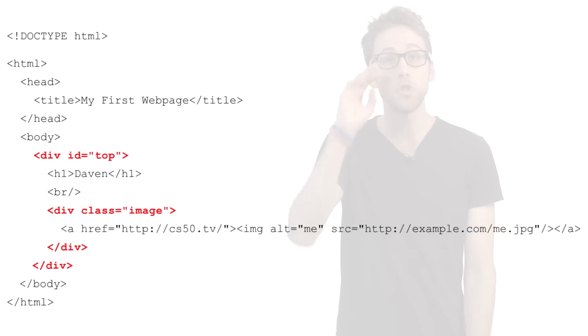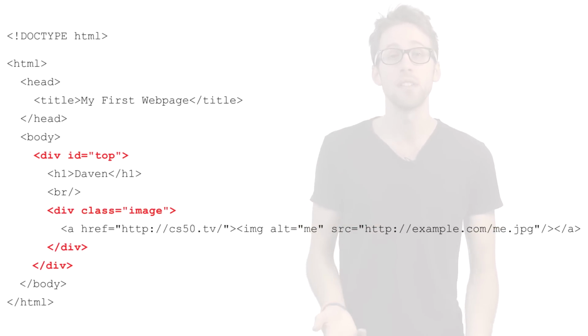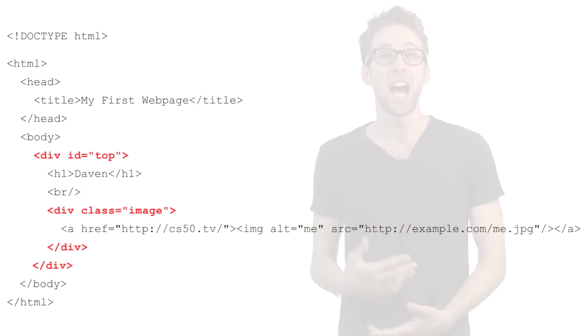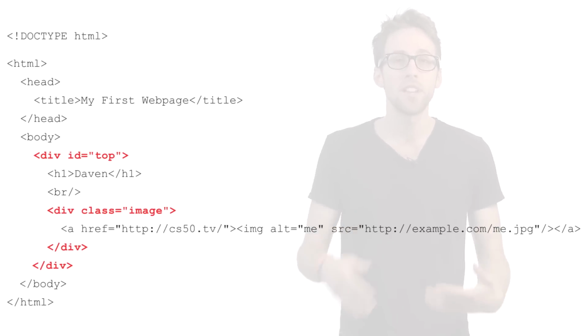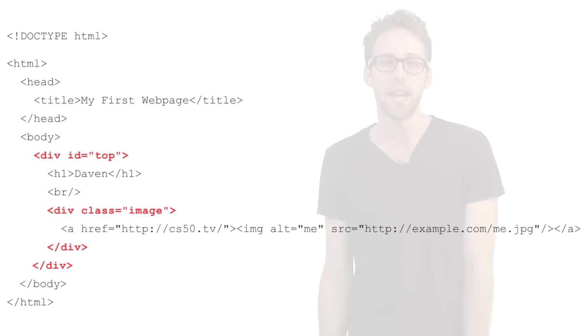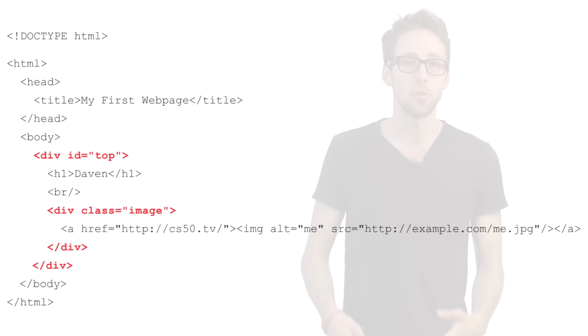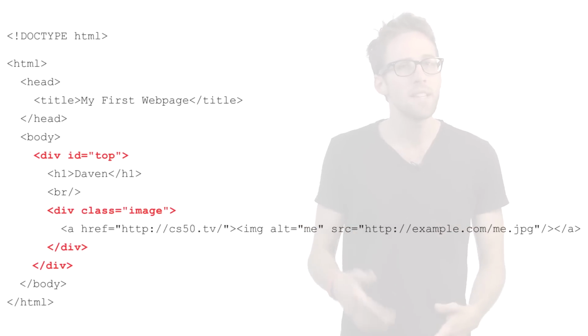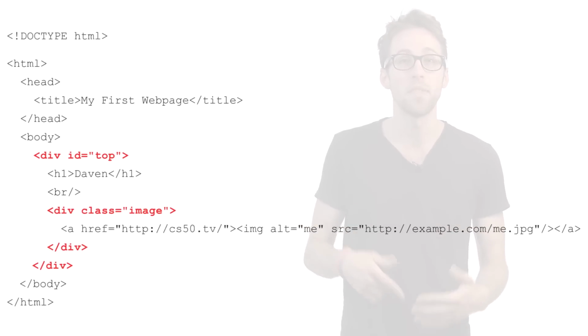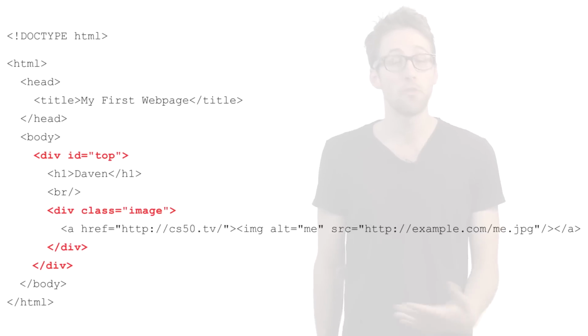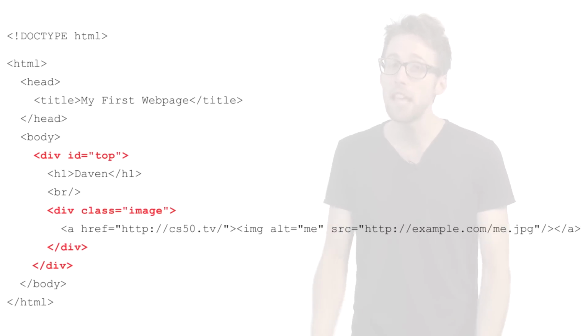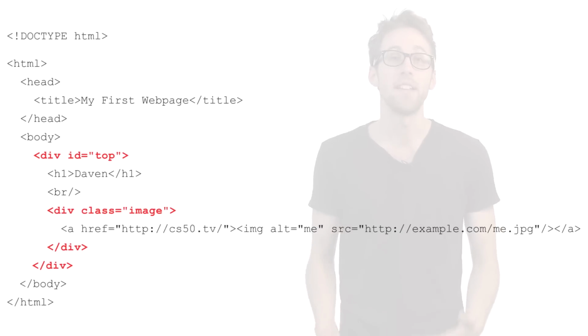Here, I've set up two different kinds of identifiers to help organize my code. I've used the ID attribute inside a division or div tag, and I've used a class attribute inside another div tag. ID and class attributes work similarly. The only difference is you can only have one element with a specific ID, but any number of elements can share a class. So for example, I can use the class image multiple times, but I can't create another division